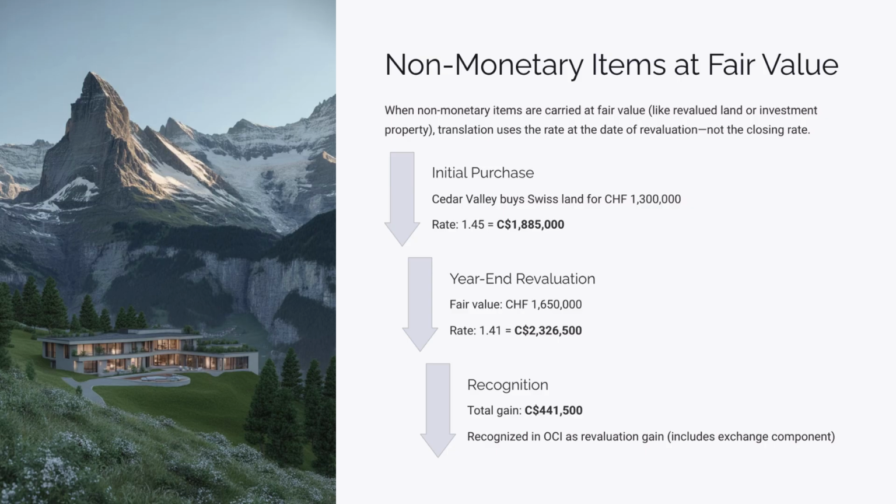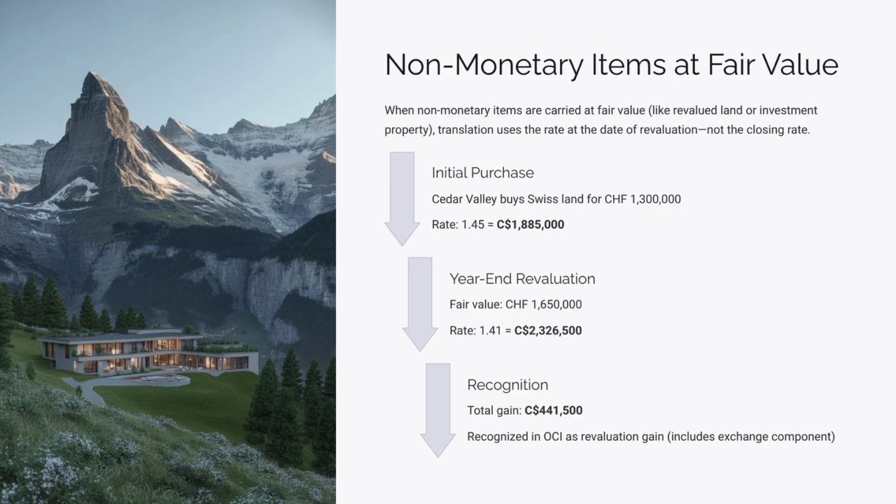If a non-monetary item is carried at fair value, like revalued land or investment property, the translation uses the rate at the date of revaluation, not the closing rate. Example, Cedar Valley Properties Limited buys Swiss land for 1,300,000 Swiss francs at 1.45 equals 1,885,000 Canadian dollars. At year end, it's revalued to